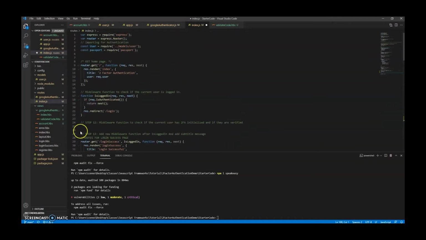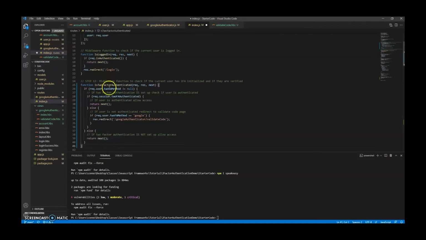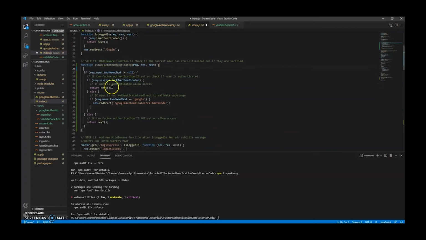So we're going to scroll up here to step 12. We're going to want to create another middleware function. We'll copy that over so you don't have to watch me type it. And we have here, is two-factor authenticated. From here, what we're doing is we're just grabbing,